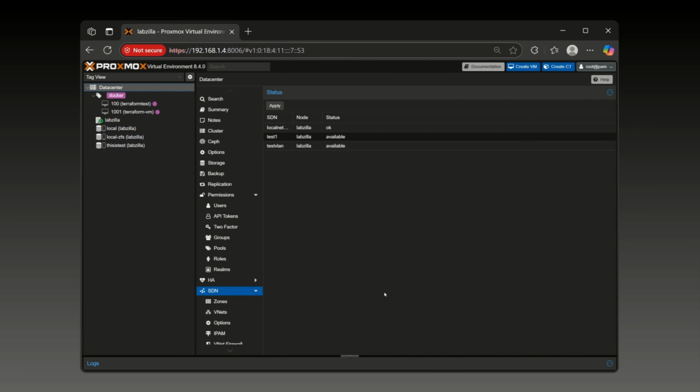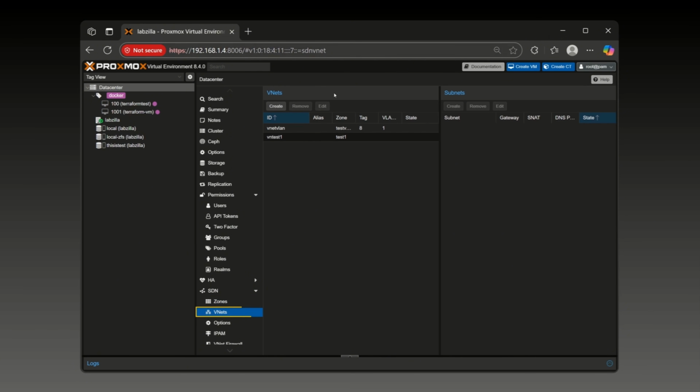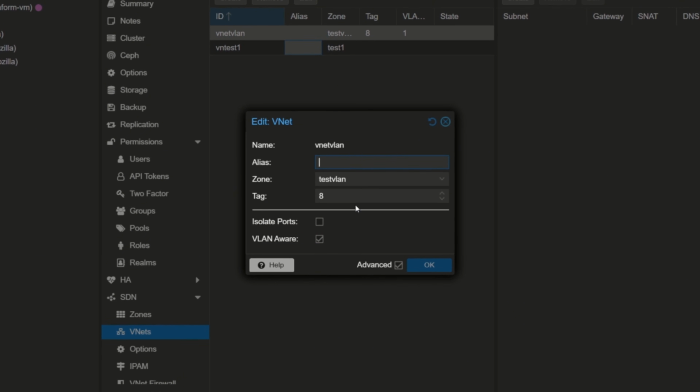You can do it at this level if you have SDN set up. You can just create a zone, a VLAN. Let me go back into zone here. You can just go to zone, create a VLAN zone here, and then create a VNet added to that zone and make that zone VLAN aware. So let me double click on that, make that zone VLAN aware, and then tag it from here. So those are a couple of ways, actually, but those are kind of the things that you need to do